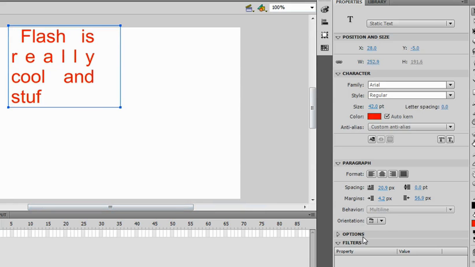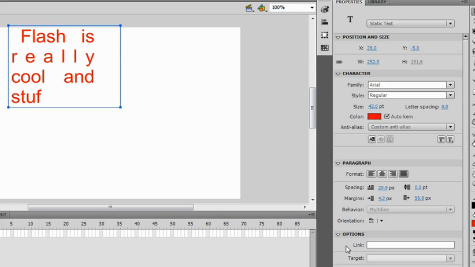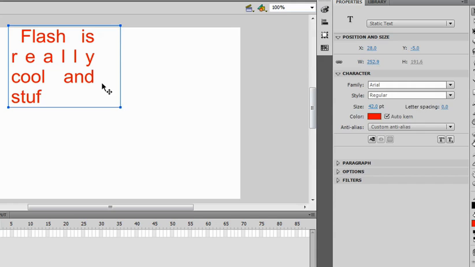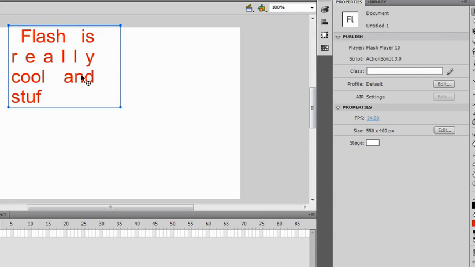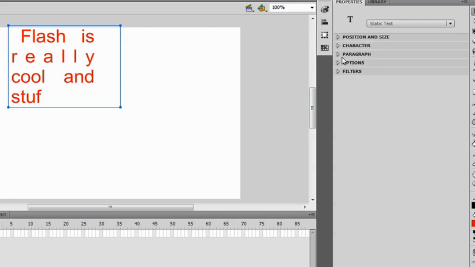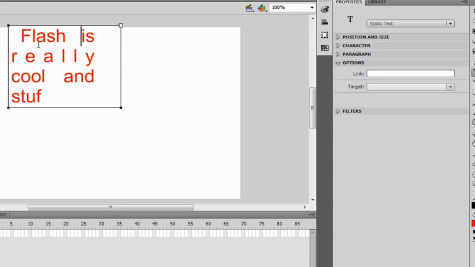You have these other options called the linking, and you have these filters. We're not going to discuss how to use this yet, so let's delete this. Wait, no. Let me show you, I'm going to minimize these and open up options. This is when you want to put a link. If you were to double click and select this and then type in a link, I'm going to use my site,